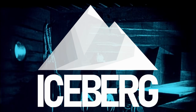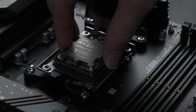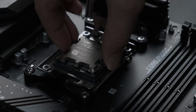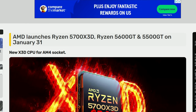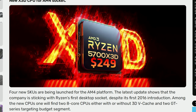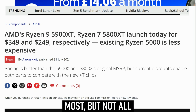The AM4 socket just won't seem to die. Its successor, AM5, is about to turn 2 years old and is already on its second generation of CPUs, and yet the now 8-year-old platform is still enjoying new CPU releases, mostly focused on the lower price range. As a result, we have this, the Ryzen 7